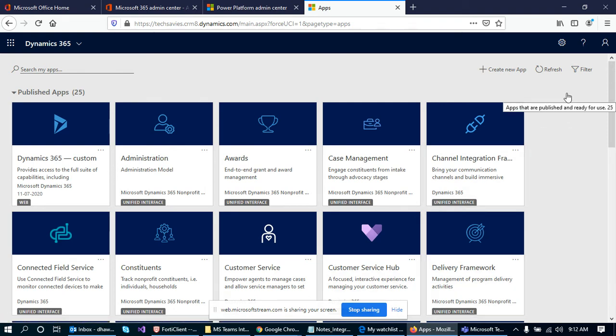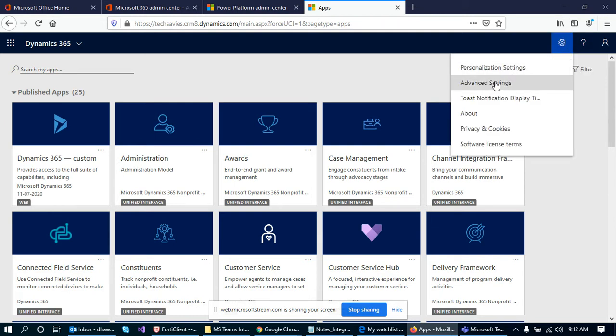For checking how we can integrate, we first have to see whether we need to enable some settings related to integration. So I'll click on this settings icon and go to advanced settings.